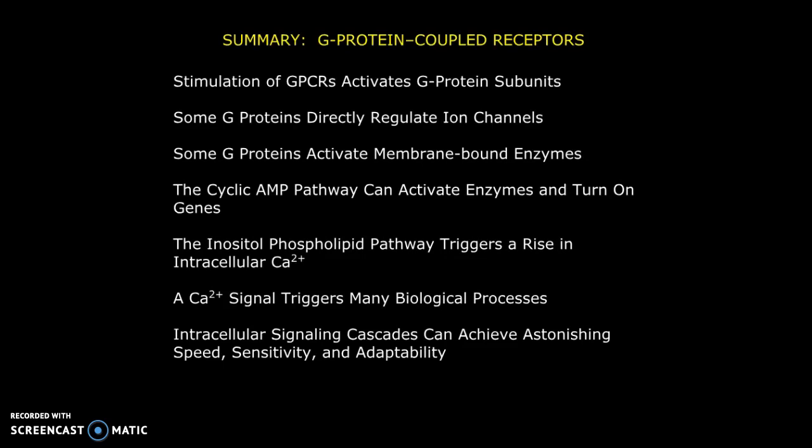The IP3 went and gated open a calcium channel on the ER, releasing calcium, which could do two things. It could signal downstream calcium signaling for many biological processes, or it plus the diacylglycerol could activate PKC,